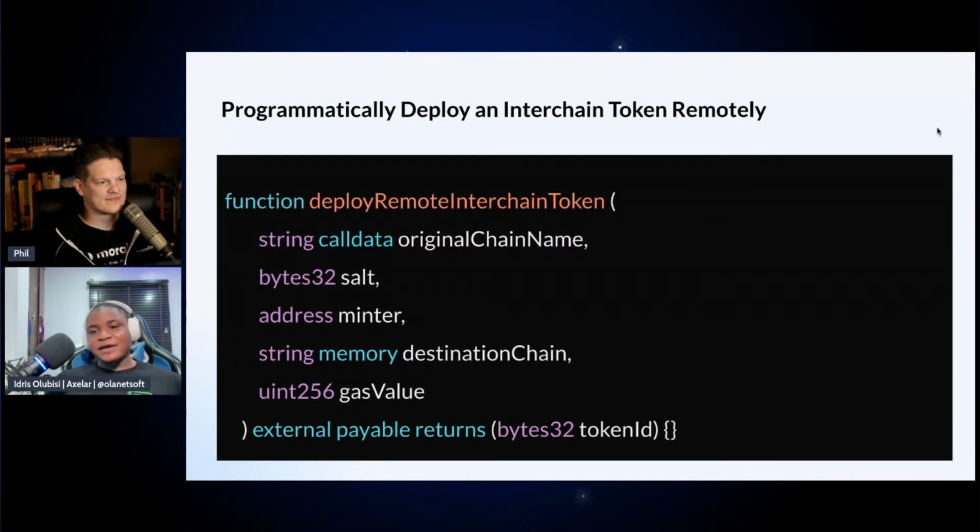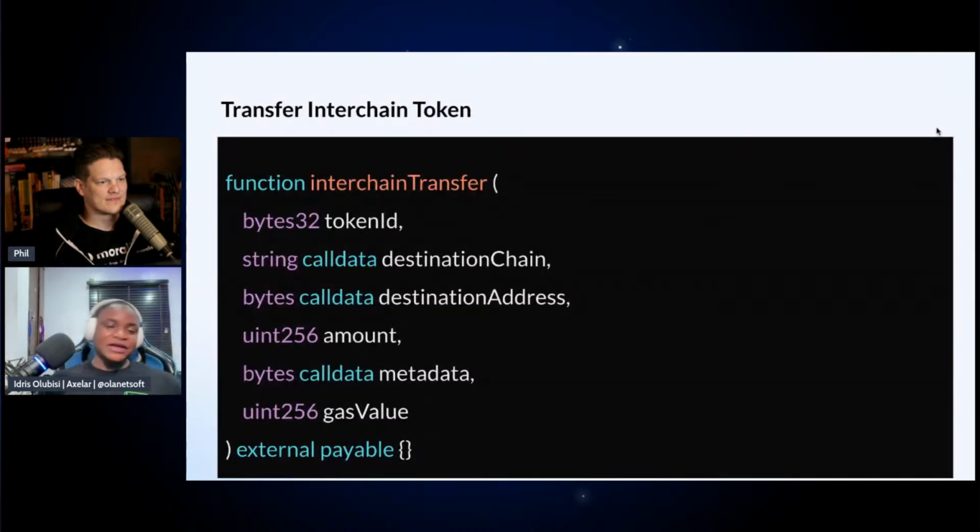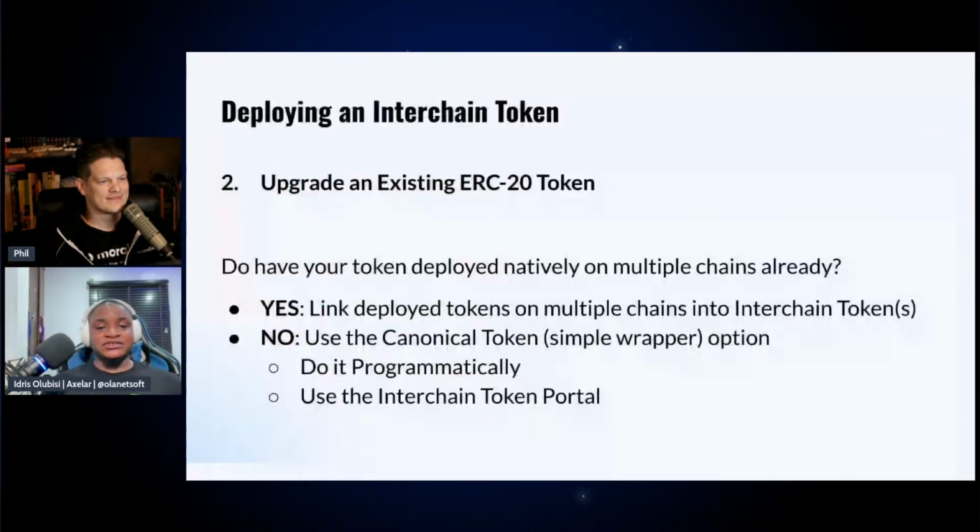And then the final step is to transfer those tokens. Of course, now we have deployed on Avalanche, on Polygon, and then we've deployed remotely on Fantom. And then we have like 20,000 on Polygon, which is the initial supply that we minted. We want to transfer from Polygon to Fantom. This is the function that is available to anyone that is willing to do this. And then calling the interchain token transfer function,